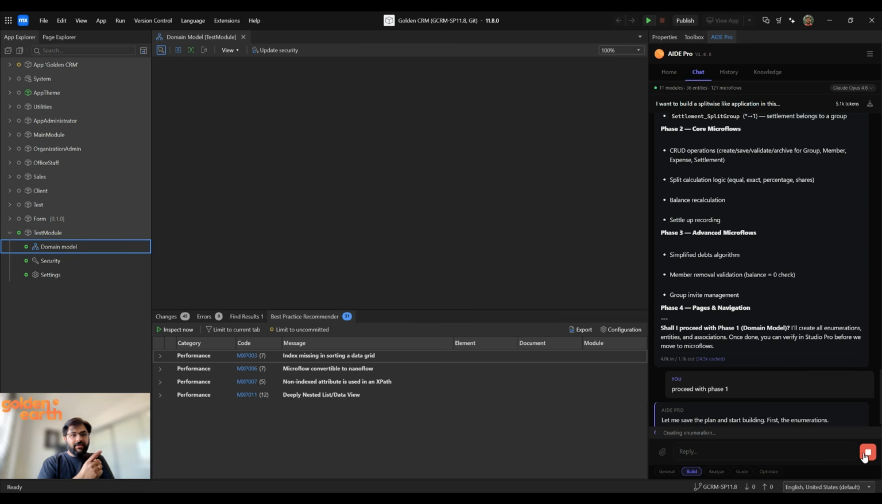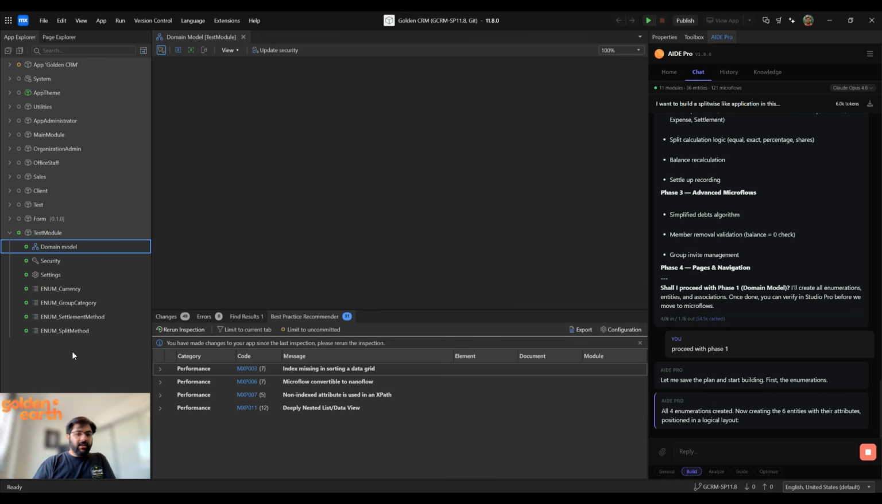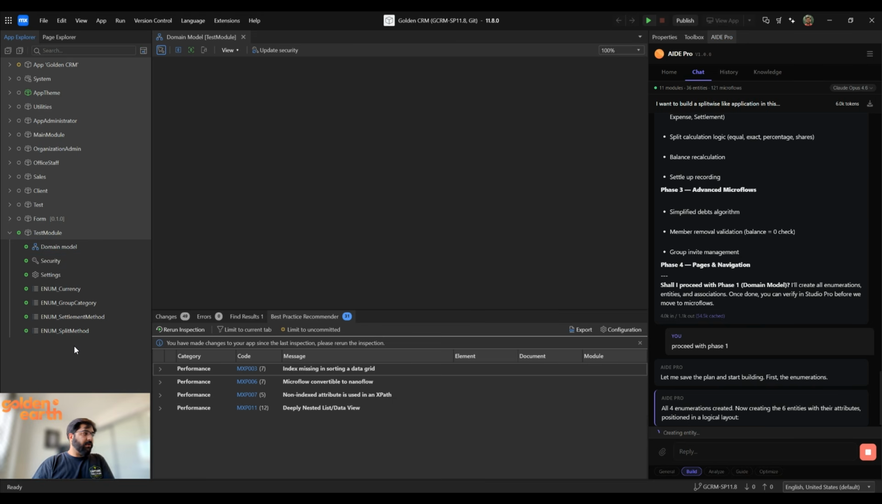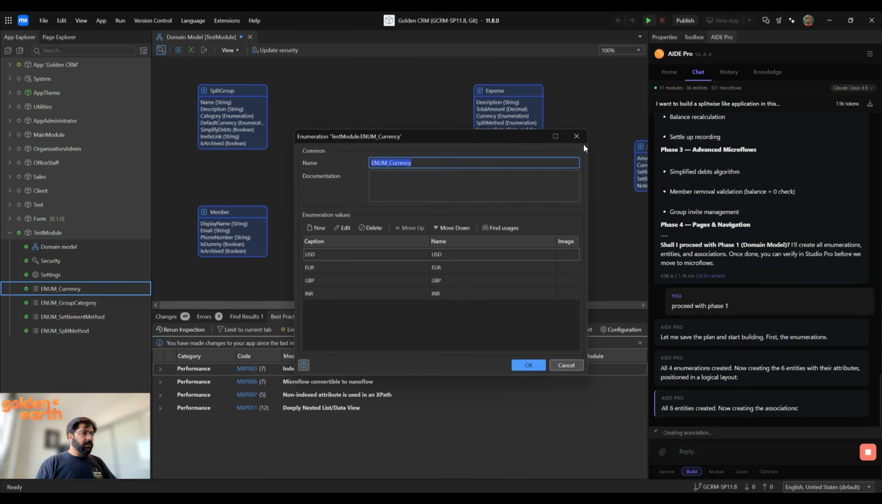Okay, it knows that it's going to use enumerations in attributes of the domain model. It started first with creating enums, which is amazing. This is what we want. We don't want it to do these things last, right? So which is great. It created four enums for us. Now it created entities. Oh, great, that's great. Enums, great for currencies, for group categories, split method, great,